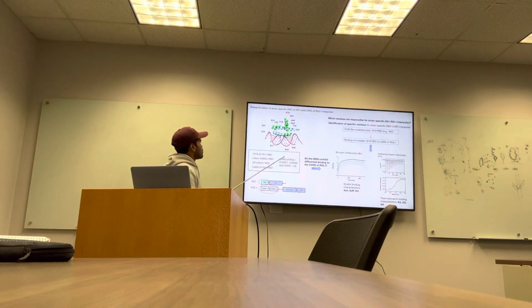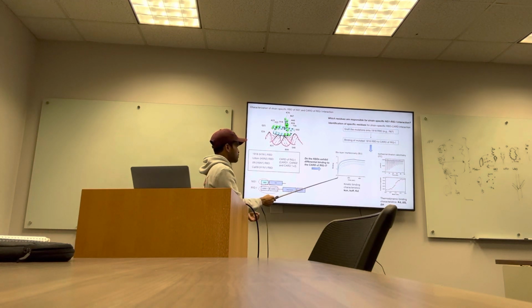I have pointed out the mutations in the RBD domain of NS1, and we see that there are many different mutations in helix 1 and 3, which are at the opposite interface of the RNA binding interface. So these mutations may modulate the interaction between NS1 and RIG-I, and to study whether the interaction between different strains of RBD and RIG-I differs, we'll again use BLI and ITC.